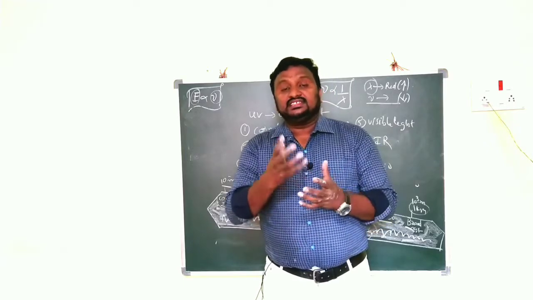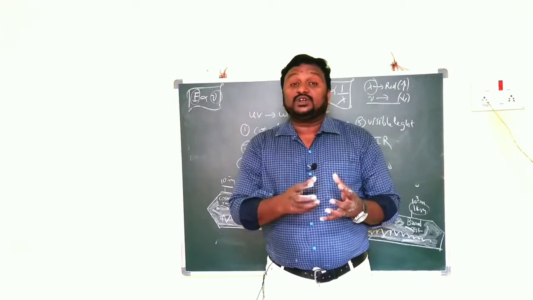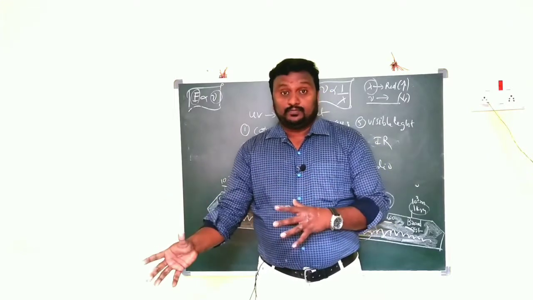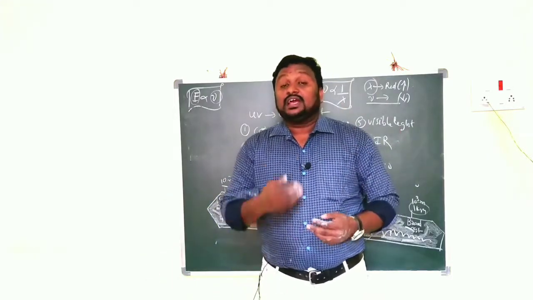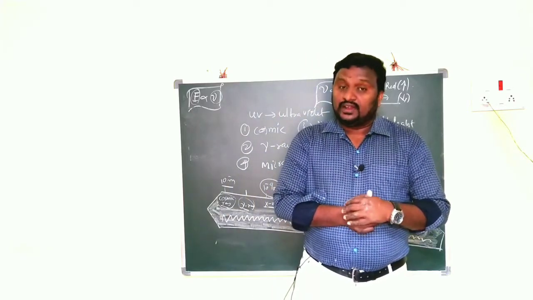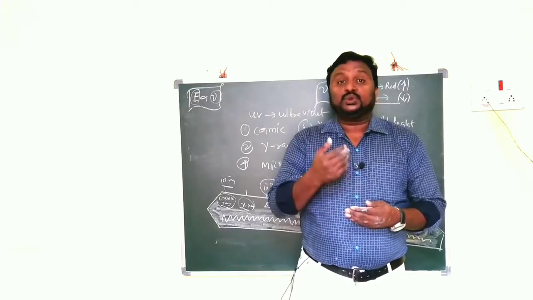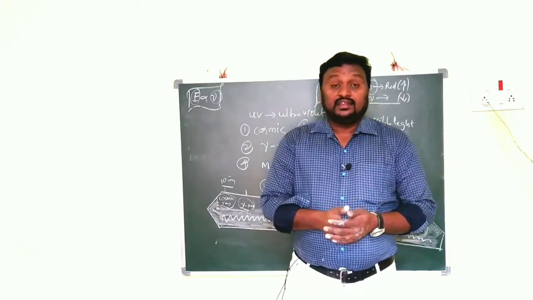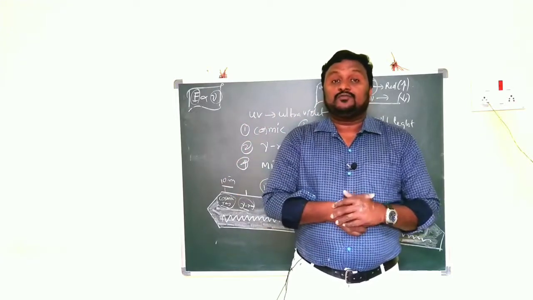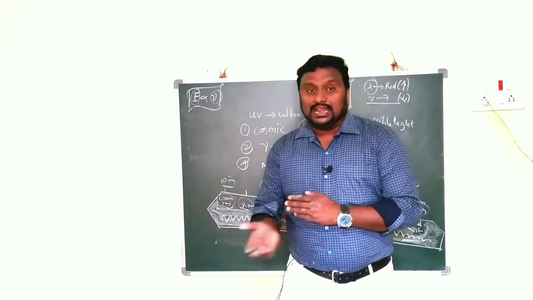And children, in this entire topic you have to know about two things only. The first is the nature of light: light moves in the form of an electromagnetic wave. The second is that an electromagnetic wave is nothing but a superposition of electric field vectors and magnetic field vectors. Wavelength is the distance between two successive peaks. Frequency is the number of peaks available in a particular time. The relation is c equals nu lambda, and nu is proportional to 1 by lambda.